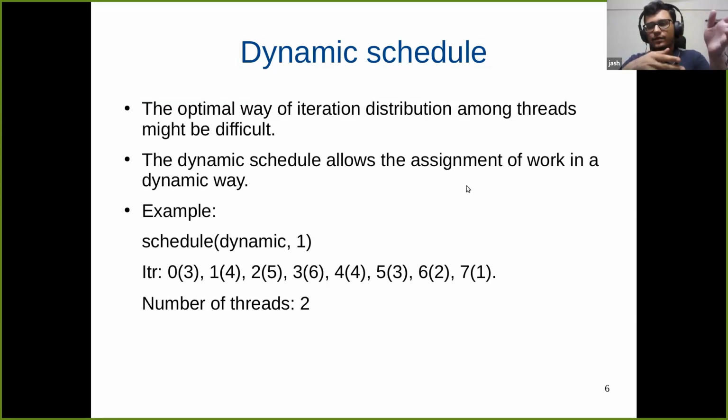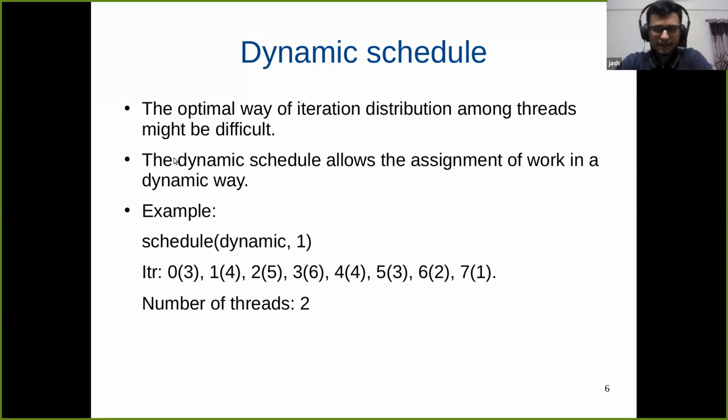So as I said, let us say thread 0 was given four iterations, and it is done with those four iterations. Meanwhile, thread 1 is busy with some iterations, and there is still more work. Then OpenMP will assign some more iterations to thread 0. That is how work is assigned in a dynamic way. This comes up because assigning work in a static manner is quite difficult. You can't predict at runtime which iteration is time consuming and which is not. So based on the availability of a particular thread, the work is assigned to it.